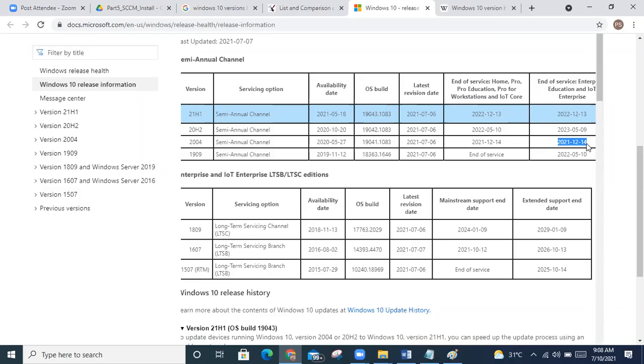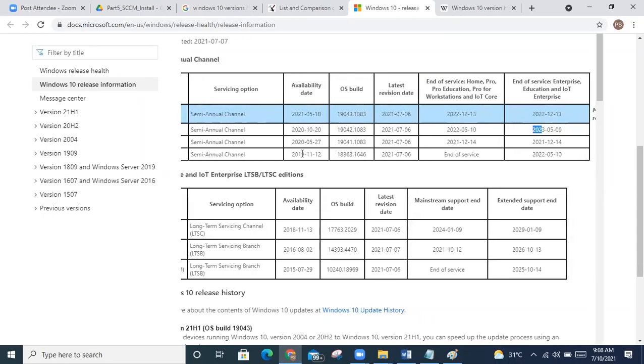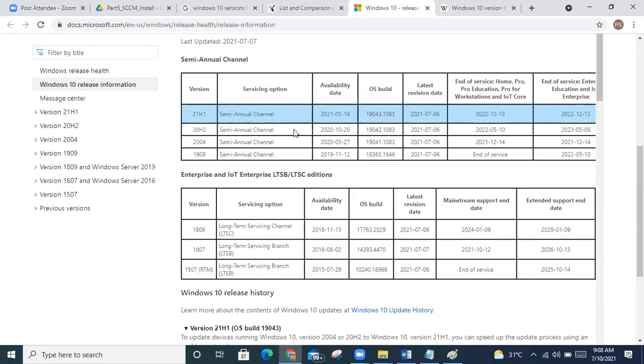Somebody can calculate. 18. Is it correct? 18 months. For 20H2, from this date to this date, approximately you can count and say. Whatever I said, is it correct or wrong? 18 months for the H1 release. What about H2? 15 months, 20 months? How many months is it coming?